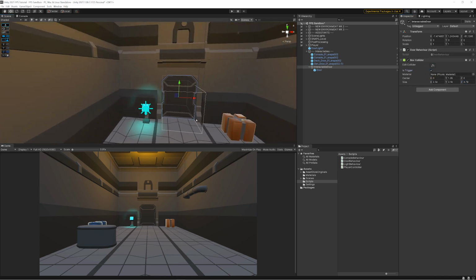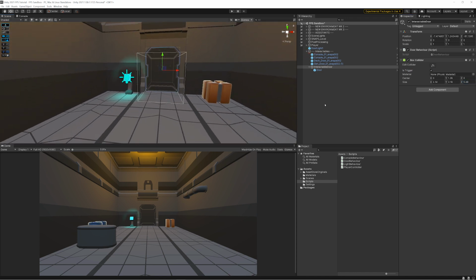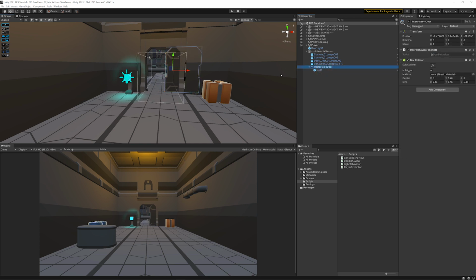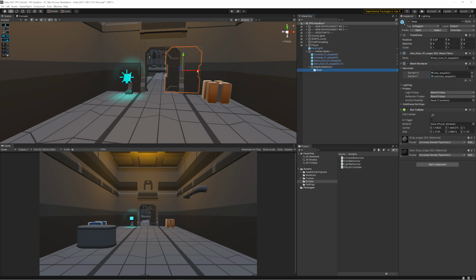What we're going to do here is when we walk into this is what's going to allow us to have our interaction with our door here. And the reason why we've got it on this separate one is because we're going to animate this door to move, but we don't want this box collider to move. Hence why we've got it on the separate components. So just move that door back. So that's our next step,